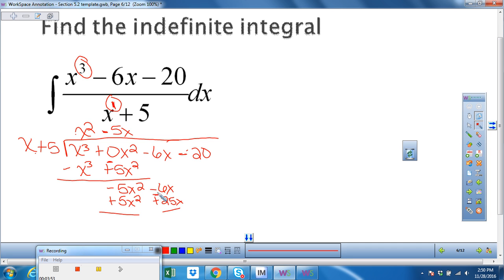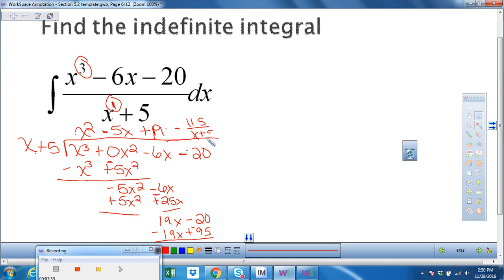Because that's negative. I brought that down, it was negative. Negative times a negative is negative. Then I changed it to positive, so that'll give me 19x. And give me a 19 here. Bring down. And that will give me 19x plus 95. Subtract, so that gives me a remainder of negative 115, which we write as negative 115 over